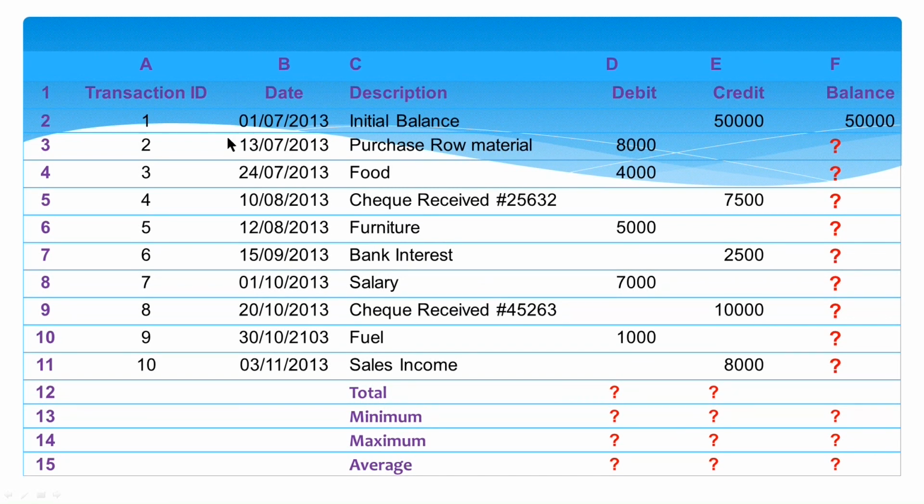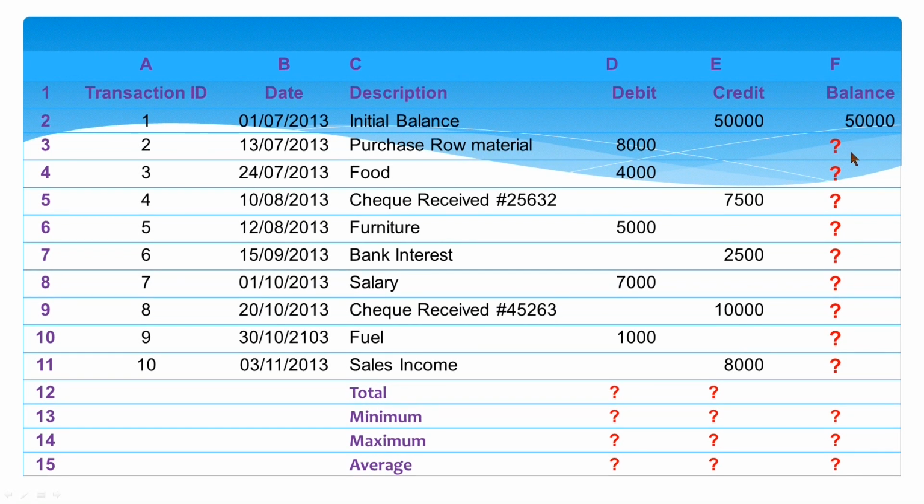Now, for example, first transaction is performed on 1st July 2013 and it indicates your initial balance. So, initial balance is 50,000 and on 13th of July we have purchased raw material. So, we have withdraw 8,000 rupees from our account. So, obviously, it is deducted from these 50,000.